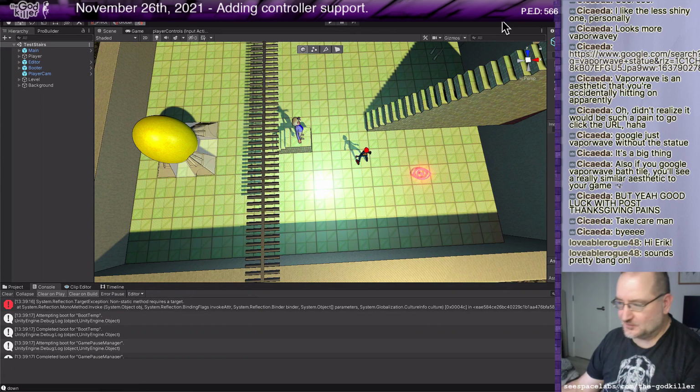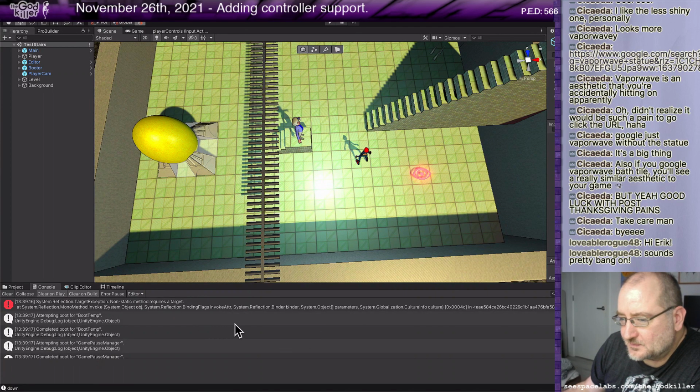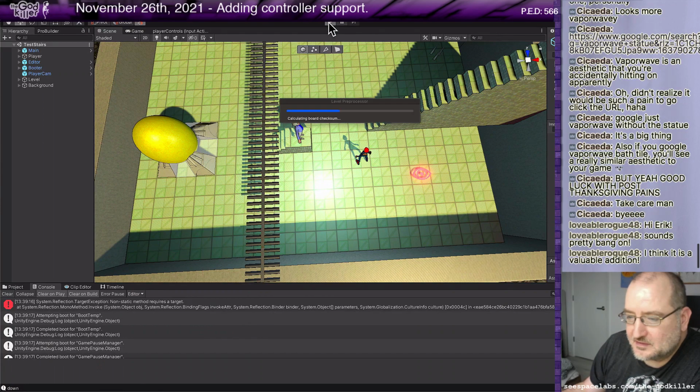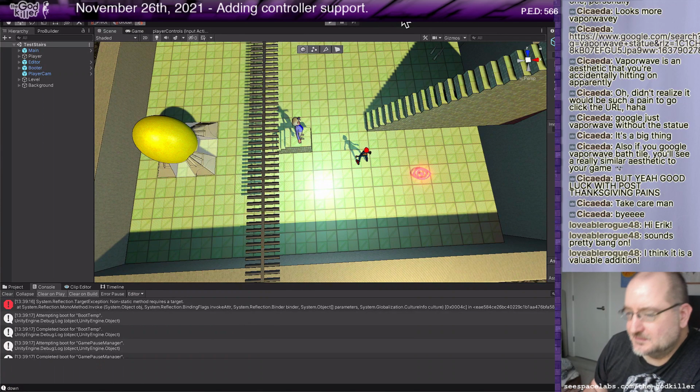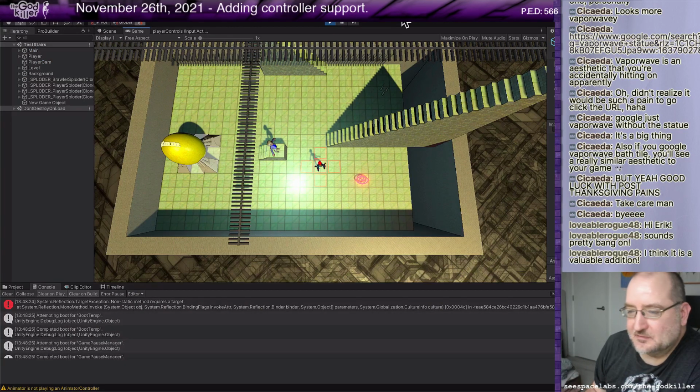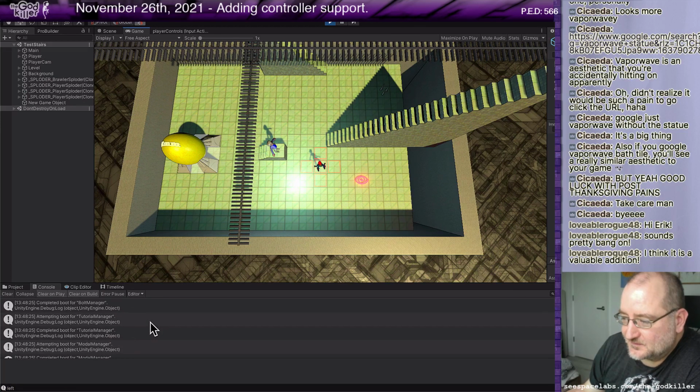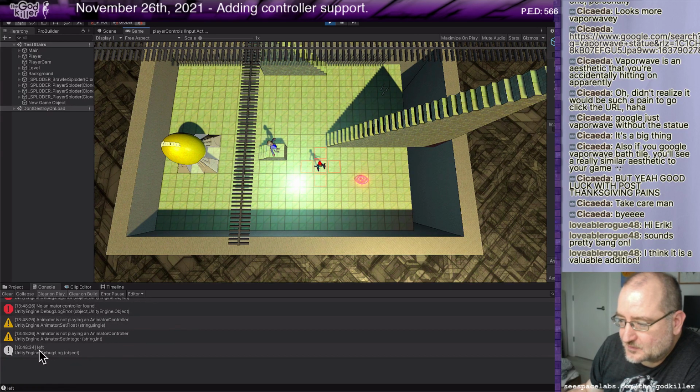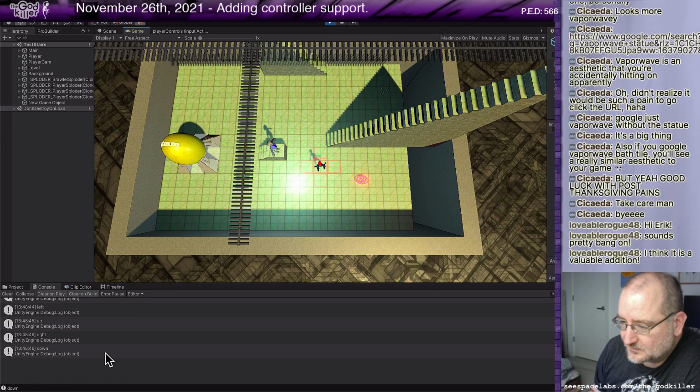All right. So what I got going, yeah, it does feel nicer to play games with a controller, even when a keyboard would work perfectly fine. So I'm actually looking forward to playing the game with this. I just created some code that would output if I'm moving left, up, down, or right.